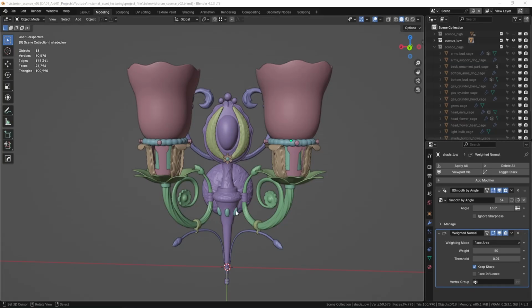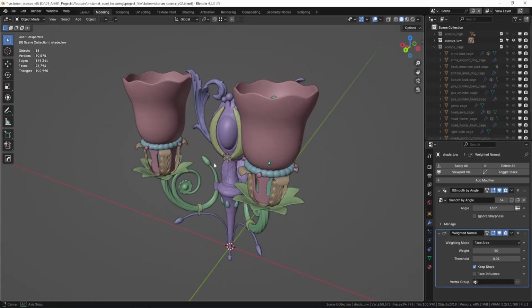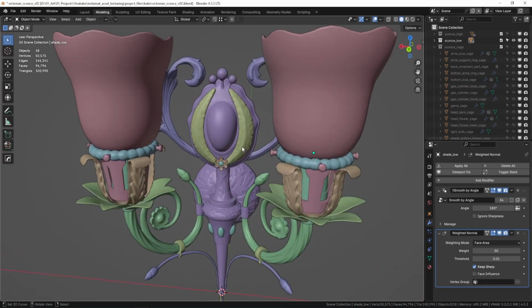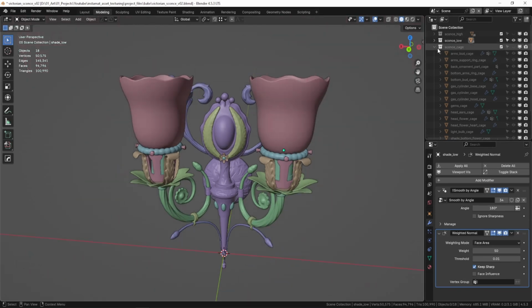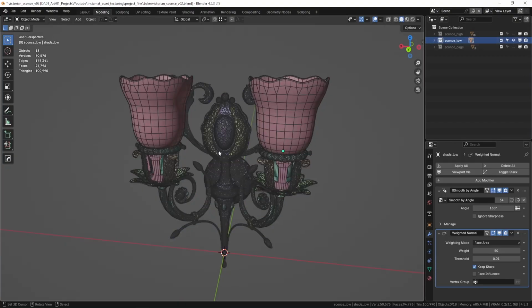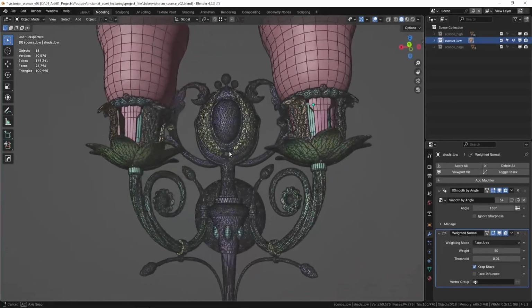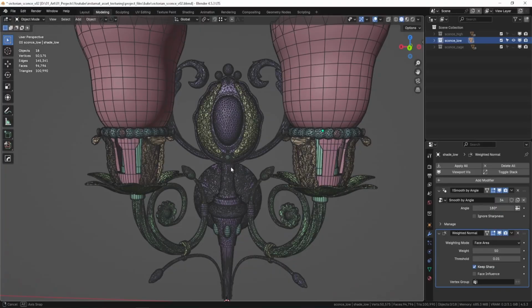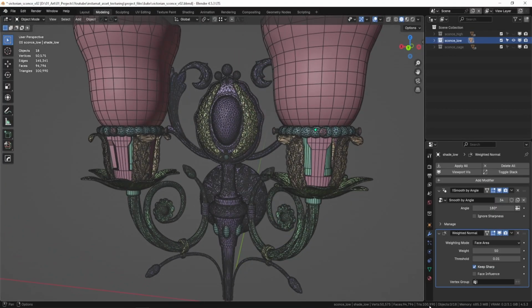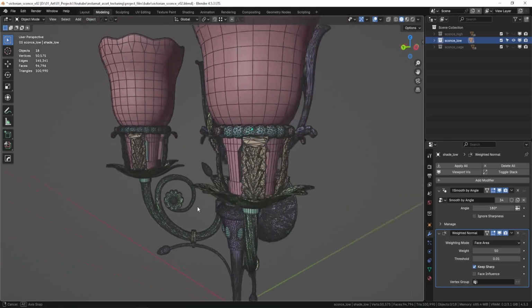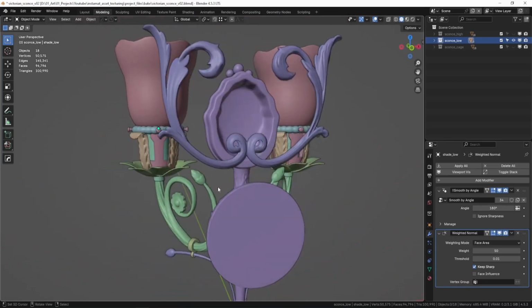Okay, so before we can get started with texturing, we first need a high and a low poly model that we can use to put materials on. So here I have this nice little Victorian sconce I modeled some time ago. I have my collection with the low poly. So it's of course going to be a nanite mesh just for precision. That's why we can have a lot of polygons, like 100k, which is totally fine for nanite inside of Unreal Engine. And then of course we have our high poly